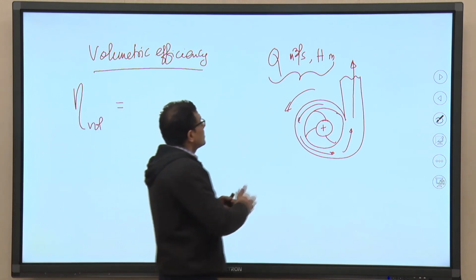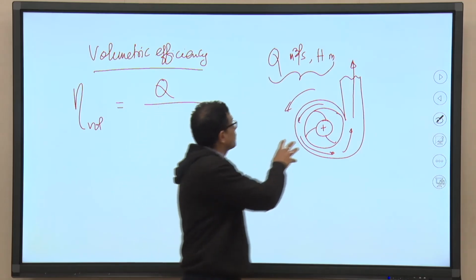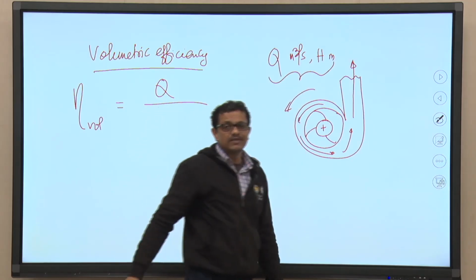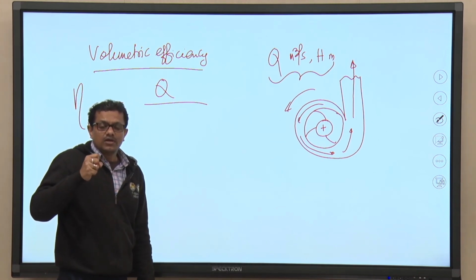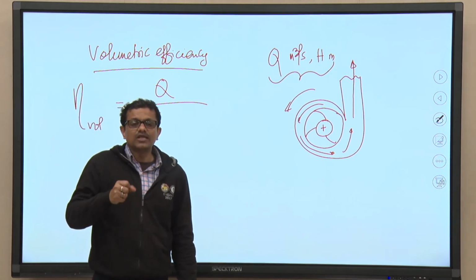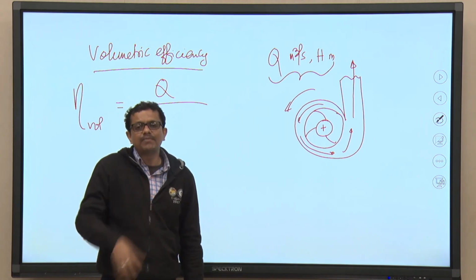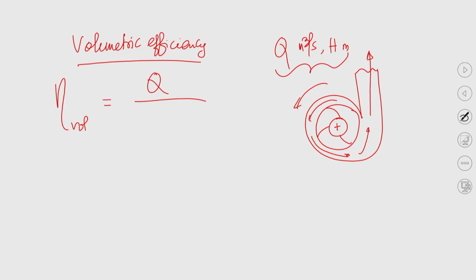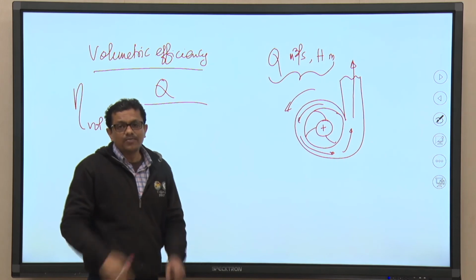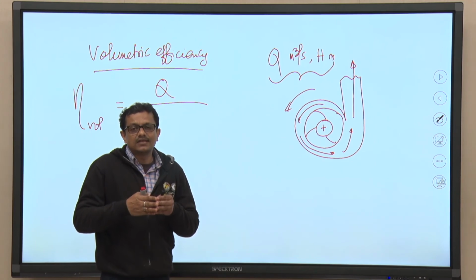While discharging Q meter cube per second by this pump, we can presume that using this pump we will get Q meter cube per second against a head of H meter. But we also need to agree that some part of this discharge might not have been delivered by the pump because of the losses. These are the mechanical parts, mating components. They are connected together by packing, glands, etc.